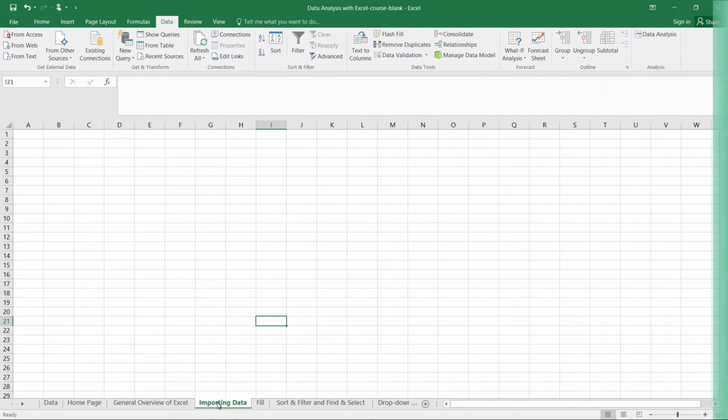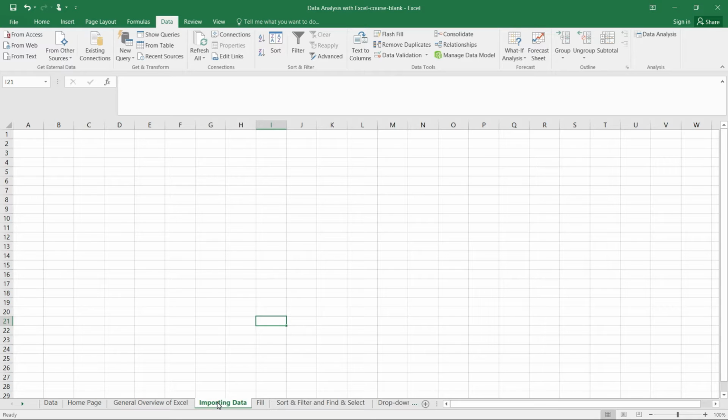And today we are going to talk about how we can import data in our Excel to analyze. So there are several ways to get data into your Excel sheet. It could be from maybe a research that you've done, or you can get data from online to practice. You can import data from, let's say, a source that you have on your computer, or you can even get data from